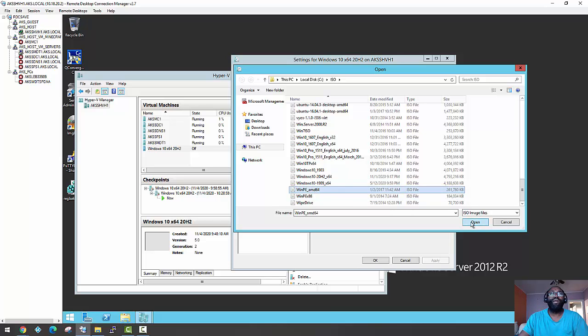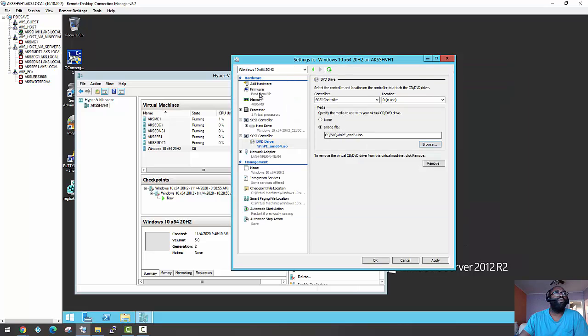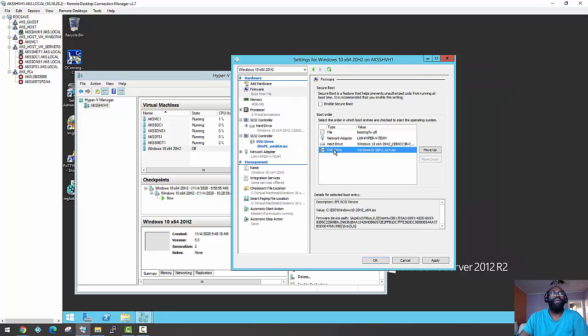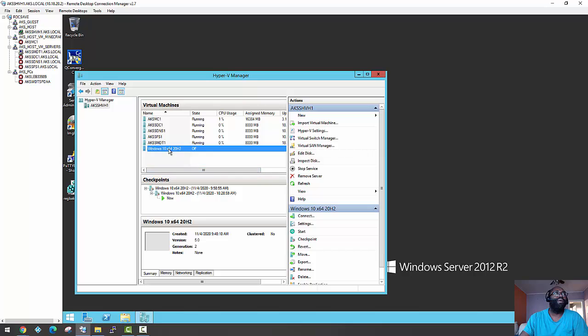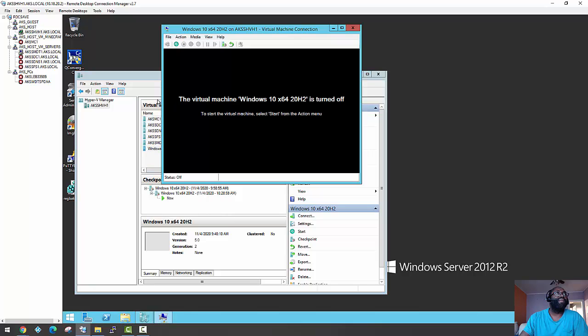All right, so I'm going to select that, and then I'm going to go up to my boot order, and I want to make sure the DVD drive is at the top. Let's move that down just in case as well. So I want to make sure my DVD drive is at the top, because that's the first thing I want to boot to. So I'm going to hit apply, hit OK, and go ahead and hit connect, and I'm going to power back on my